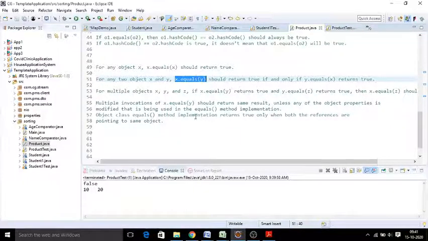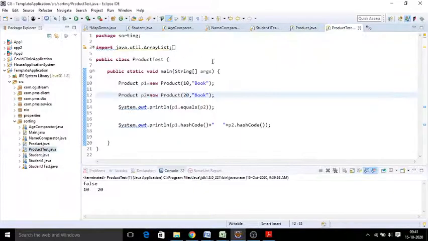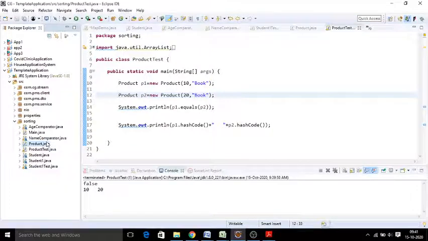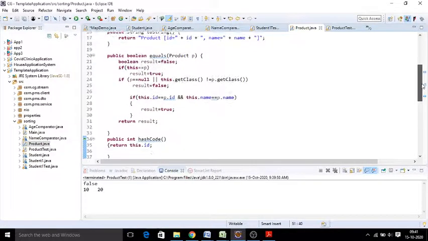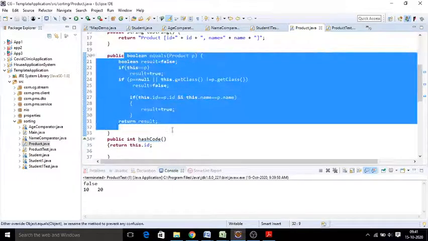This is what you need to follow whenever you're working with custom objects in your application, especially when you are dealing with collections of custom objects. You can make use of equals and hash code by overriding them appropriately, by constructing the logic of how we check the equality of the object.